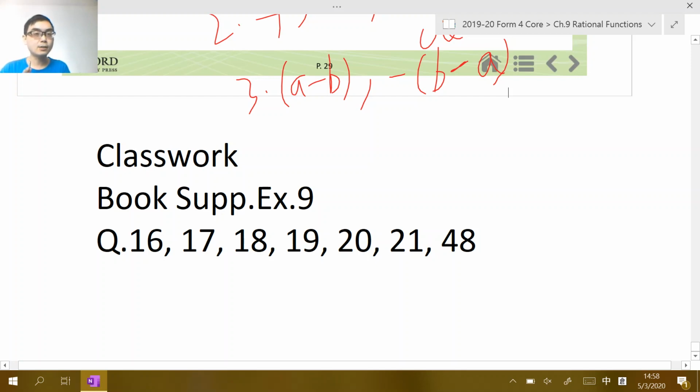But if you cannot finish on Monday, you can hand it to the subject teacher on Tuesday also, because even if you hand in on Tuesday, I can give you the explanation on Wednesday. So please try to do these 7 questions and wait for us to give you the answers this coming Wednesday